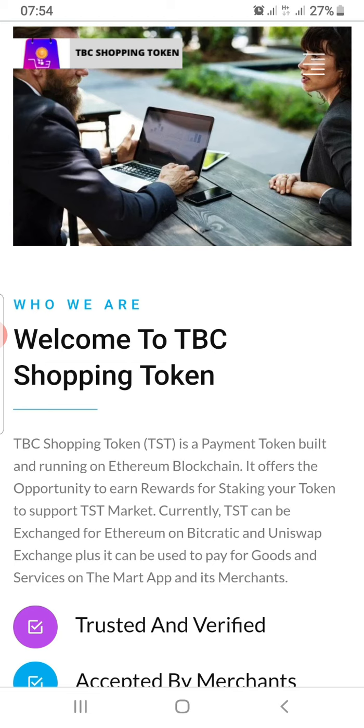Bear in mind that the reason this is another important part of the ecosystem is that when people have a coin, they should have a wallet. From the wallet, they're able to access exchanges, and most importantly, they can access goods and services. If a payment token is created but does not have any use case, then the coin may be considered a shit coin. But in the case of TST, TST is not a shit coin.